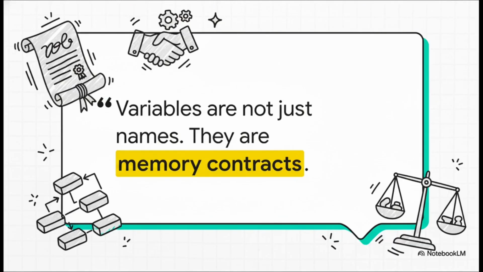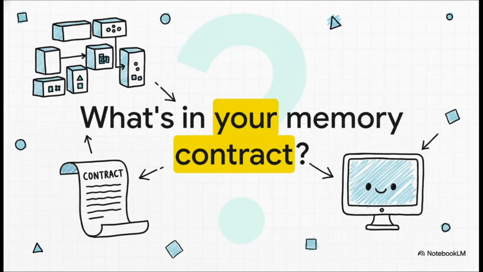A variable isn't just a name you give to a piece of data, it's a contract. Think about that. Every time you create a variable, you're making a formal promise to the computer. You're promising it exactly how much space you're going to need and what kind of stuff you're going to put in that space. And the computer, it trusts you to be smart about that promise, to honor that contract. So the next time you